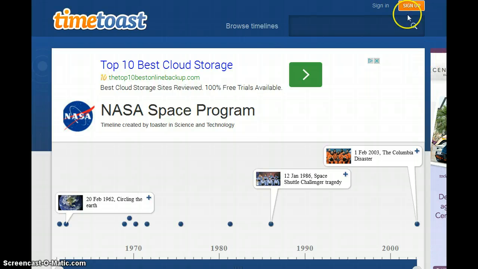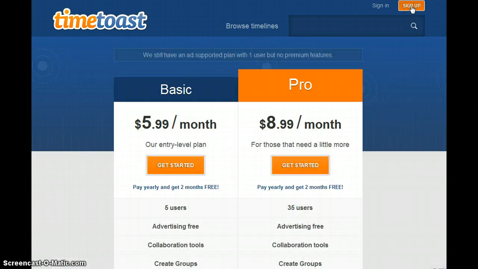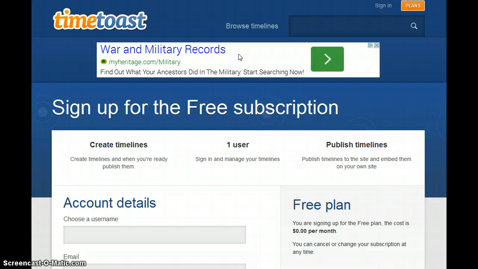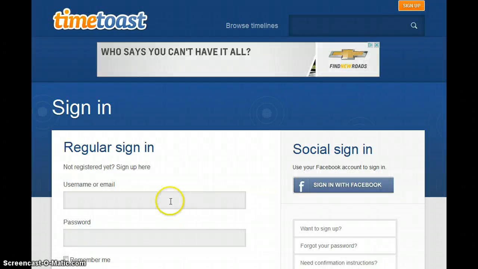You can create your own. Of course, you have to have an account first, and like always these days, oftentimes the accounts are for pay, but there is a free account as well that you can get into, and it just doesn't have all the bells and whistles. You have to, as usual, choose a username, provide an email address, and a password. At that point, you would have your own login to where you can create your own. I've already created my own, so